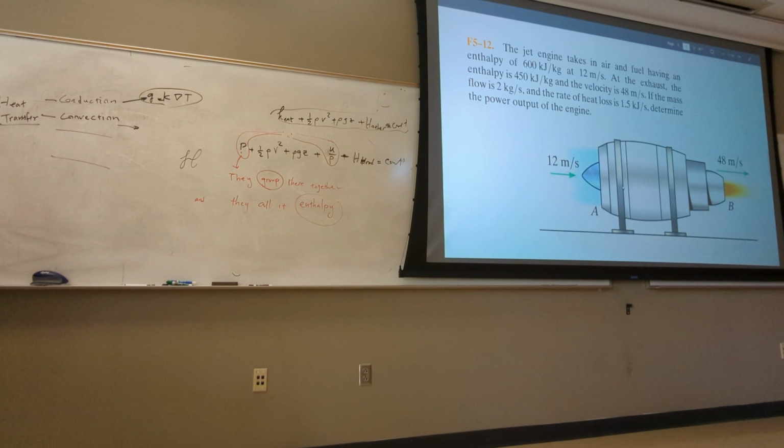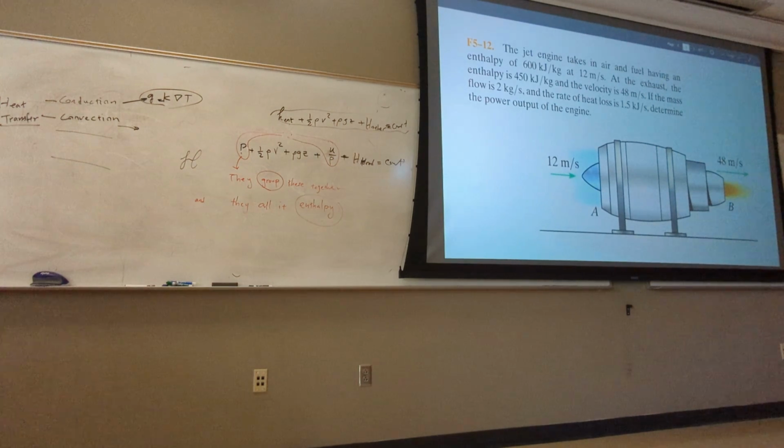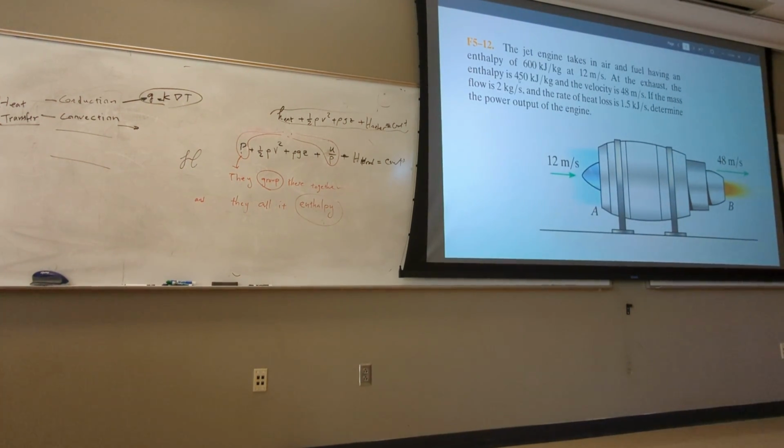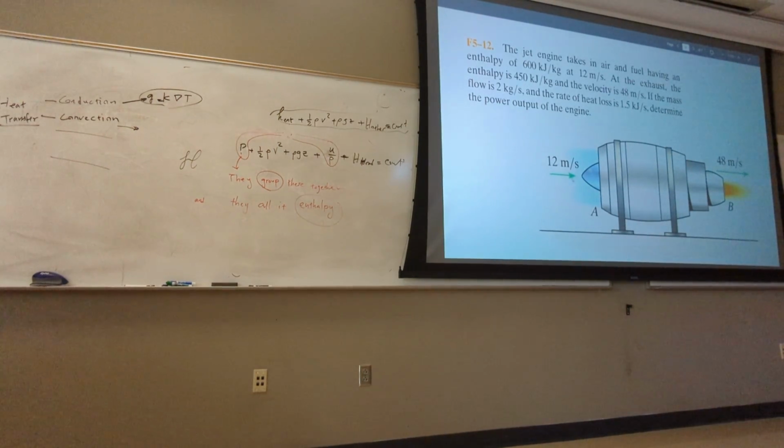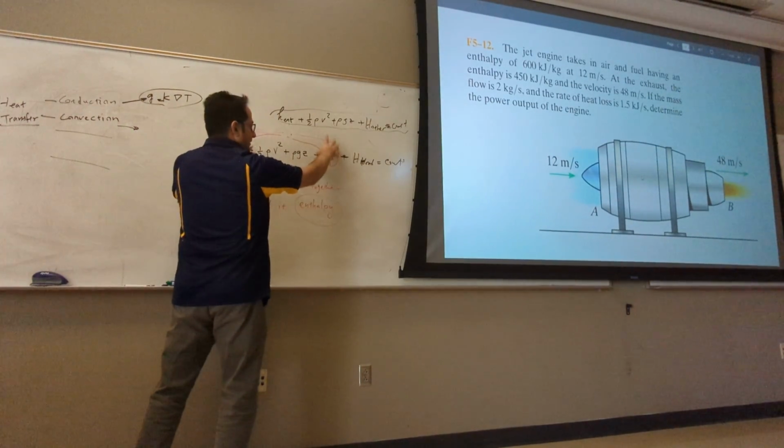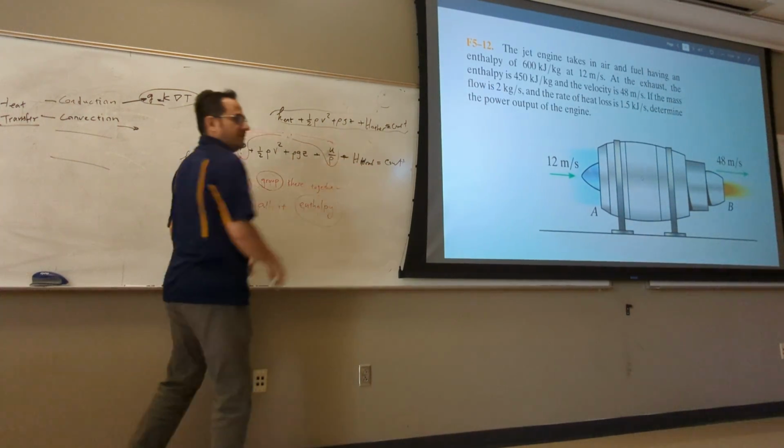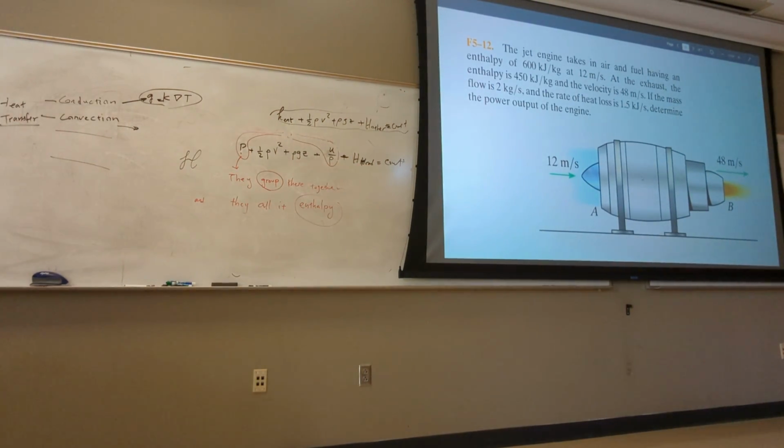So in this case, it says the enthalpy of the inlet is 16 kilojoule per kilogram. So it gives you H at A. And then at the exhaust, it gives you 450 kilojoule per kilogram. So that's the enthalpy at inlet, enthalpy at outlet. So instead of giving you pressure, you have this inlet, this outlet. So you're looking for the rest of the energy equation. Always look for a template. Look for a pattern. You don't need to be creative in the energy equation. Energy equation makes your life easier.